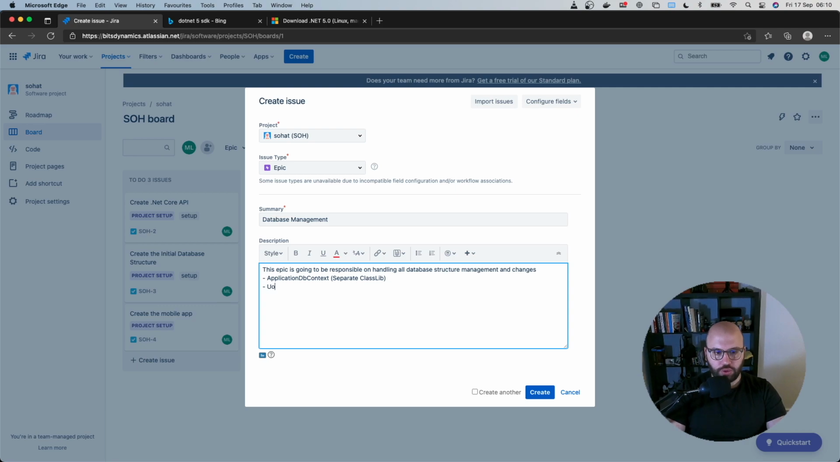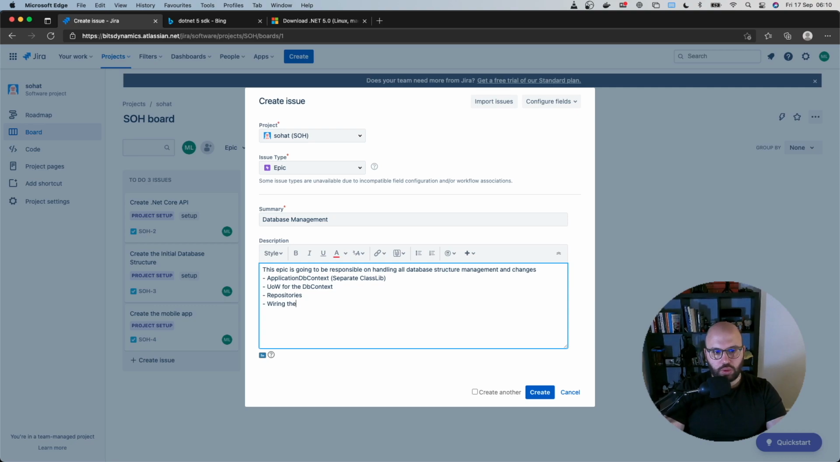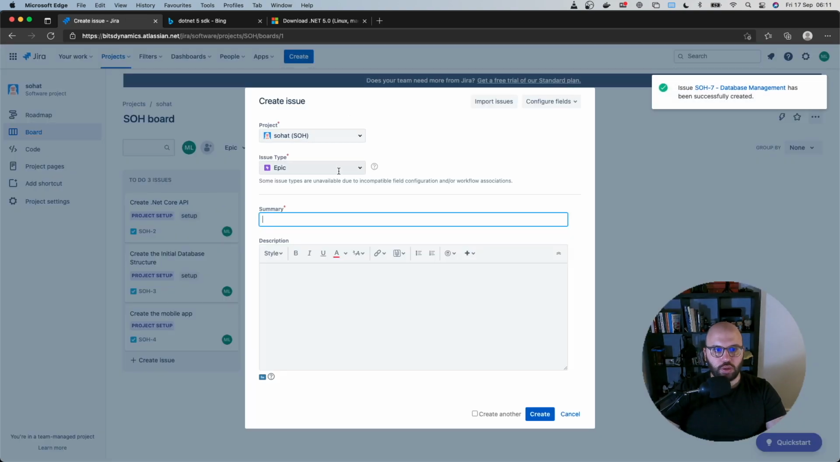We're gonna create the unit of work for the DB context. We're gonna be creating all of the repositories, and we're gonna be wiring the app DB context to the startup class. Okay, now let's start first by creating tickets for the database. So create, so this is going to be a task,